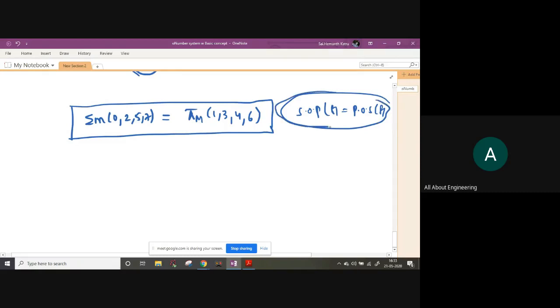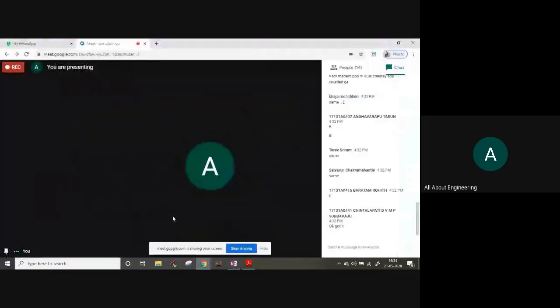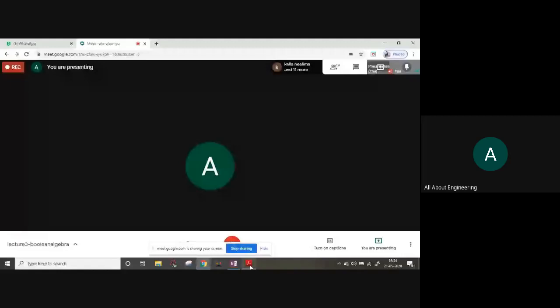But I did not comment that if you dual it, the function is equal, or that it is a self-dual function or dual function. If you dual it, the function value may be same or may be different, that doesn't matter. But the thing is, SOP of a function is equal to POS of the same function. That is the point I want you to know. So is your doubt covered in this topic or not? Okay, got it. Okay, thank you. So that is the important topic.